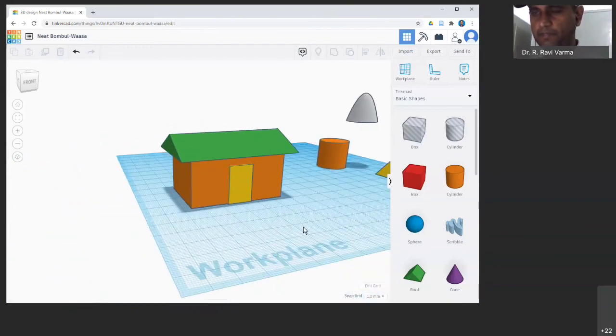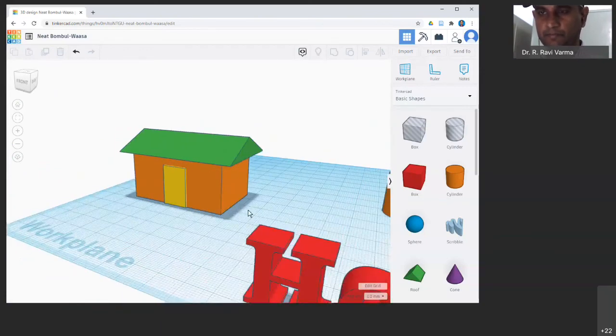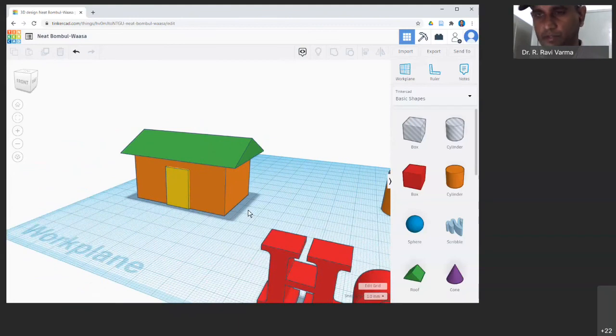I mean, the possibilities are endless. We can do a lot of objects. Kids are doing so many, and I think once you know these basic steps, how to bring the object, how to stretch the object, move the object, and lift the objects above on top of each other,